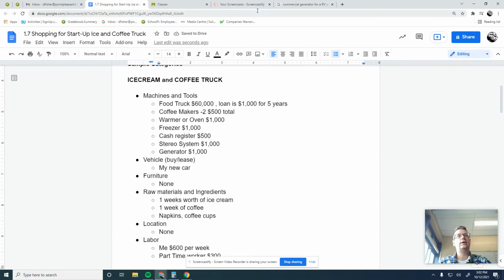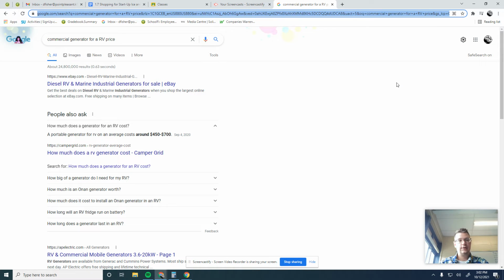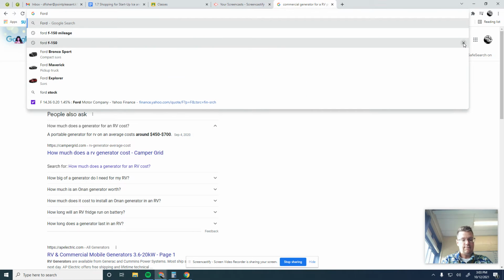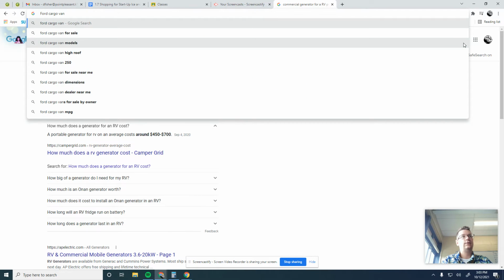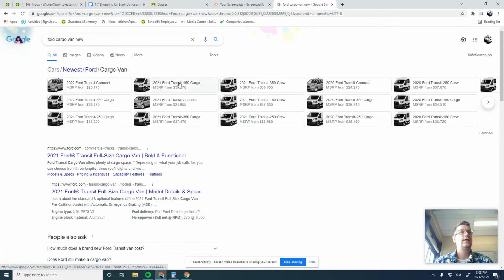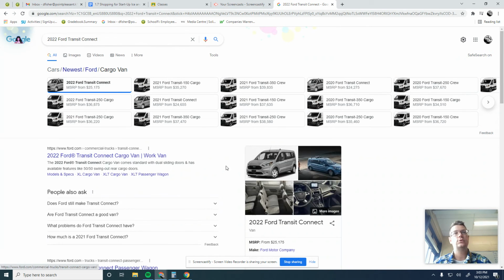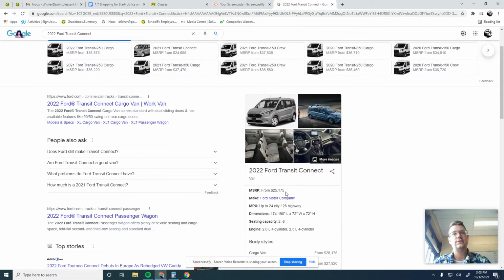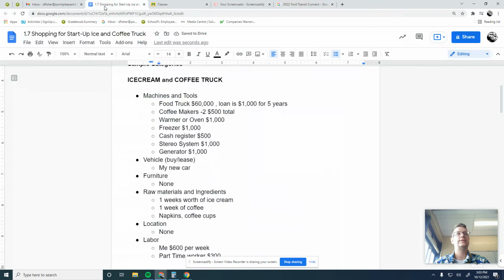Okay. Now the new car. You need to have a vehicle that you can get back and forth to work with. One of the great things about having your own business is the business will pay you and also pay for your vehicle. Why would I want to take it out of my tiny salary and then have to pay for a car? I already have to pay for my household stuff, take care of my family, all those things. So I'm just going to go really quickly and find a Ford cargo van, new. And I'll just click on the 2022 Ford Transit Connect. It costs $25,000. I'll just round that up to $26,000. New car, it's a Ford van,